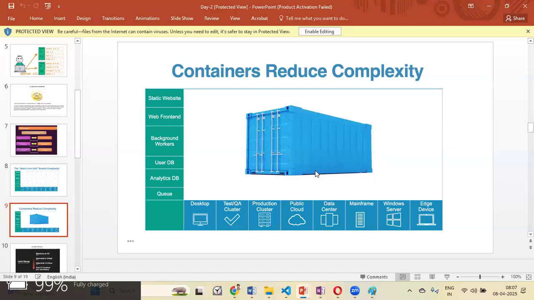So what is the advantage here? There is no blame game. Once you build an image, you share it with the DevOps team and they deploy it into the server. Now the DevOps team cannot say that you have an issue in your code, that's why it is not working. And developers also cannot say your infrastructure is failing, because you will have the logs and everything in your place. Once the container is up and running, you will understand if it is working fine, and if it is not, what the issue is. You both can sit together and troubleshoot. That's how it solves the blame game.